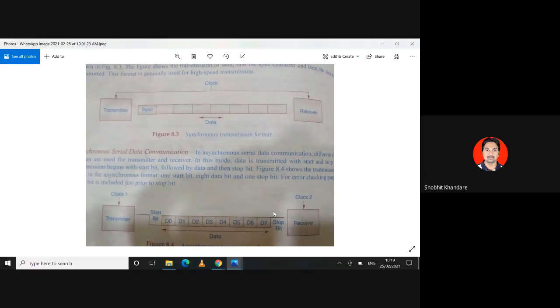Now there is one thing about this baud rate. Whenever you talk about asynchronous, pay attention here. When I talk about baud rate, you have told how many bits you are transmitting in 1 second, but as far as asynchronous is concerned, this baud rate is not equal to the number of bits per second. Why so? Because you can see here clearly. If I am sending 1 byte of data, 1 byte means 8 bits, D0 to D7. But don't you think along with these 8 bits you are also sending a start bit and stop bit, and if possible, a parity bit.